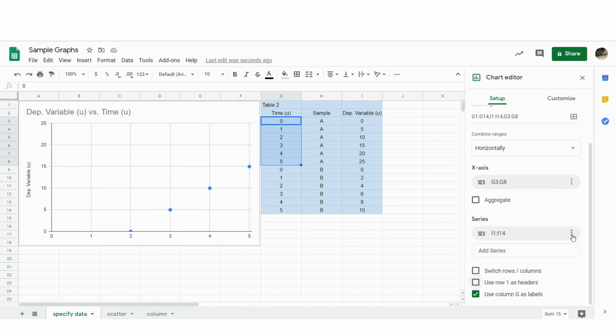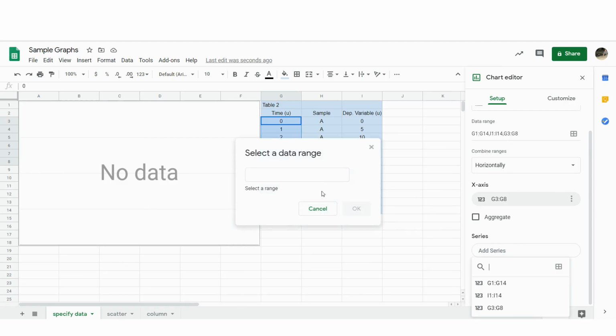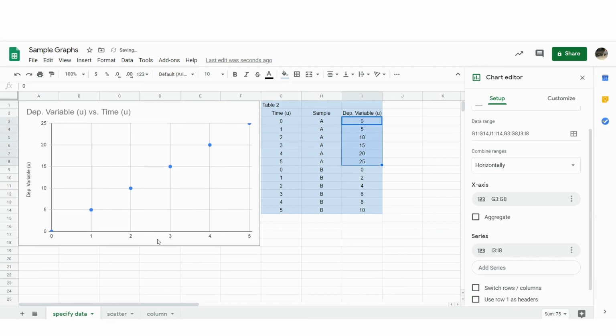So then for the series, again, I'm just going to take this off and start over. So I'm going to select, first of all, my A data. So just selecting that, hit OK. And now this looks reasonable for what I want for my sample A data.